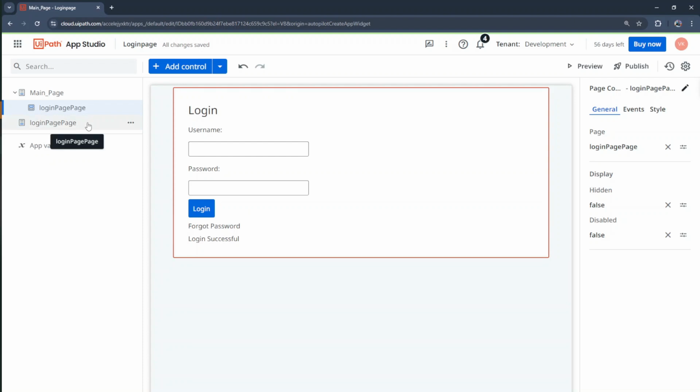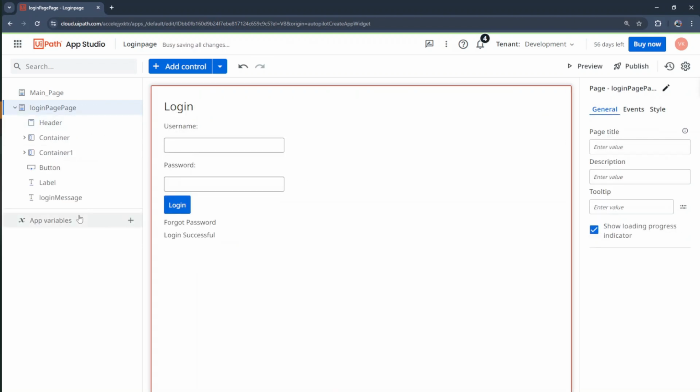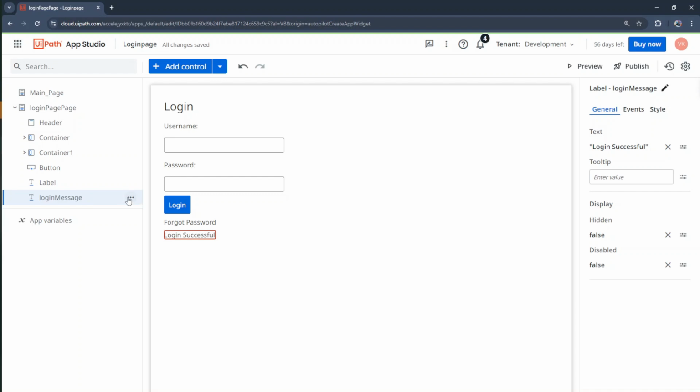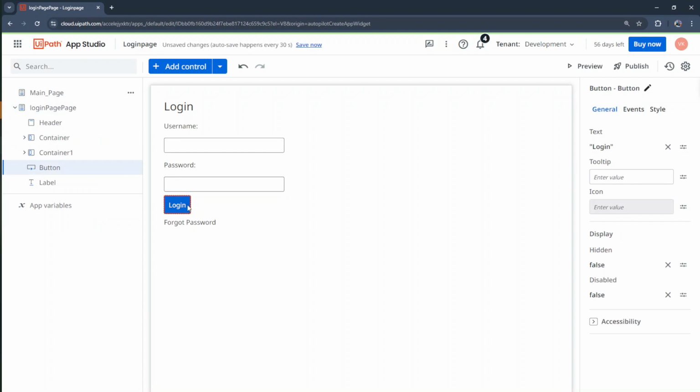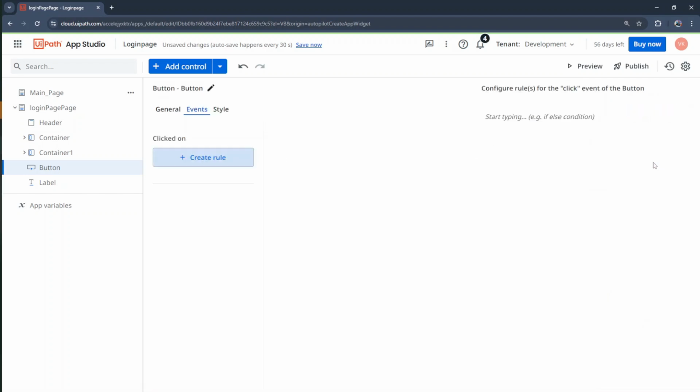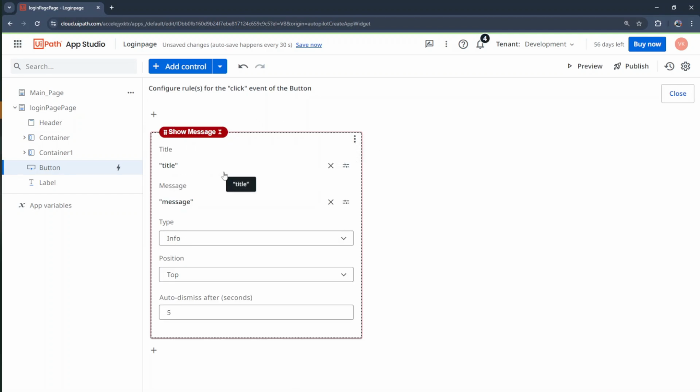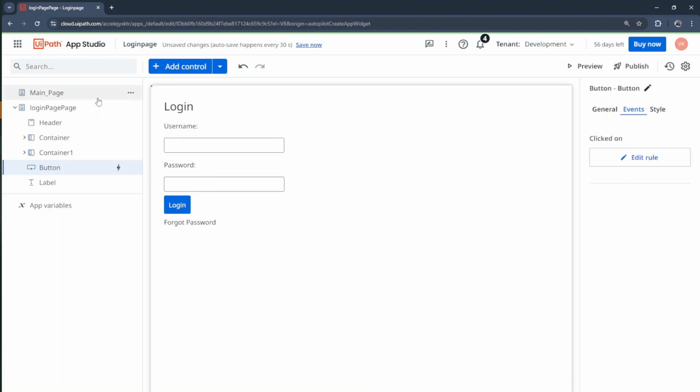For that, I'll go to the login page, and here you can see I have a login message. I'll simply delete this one because I don't want it, and I want to add a rule after I click on the login button. So I'll go to the login button, and in its properties, under events, I'll click on create rule, and here I can use show message. Here I can provide the title called login, then I'll provide the message called login successful. Okay, that's it. And if I preview this app right now,